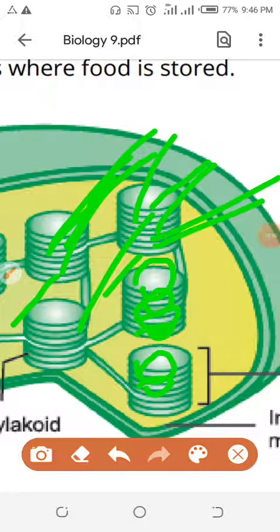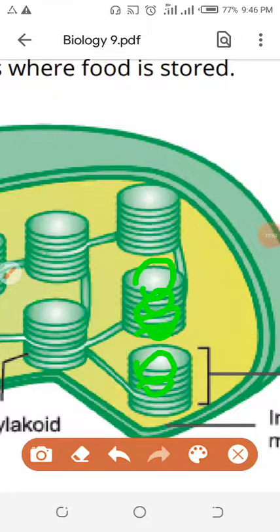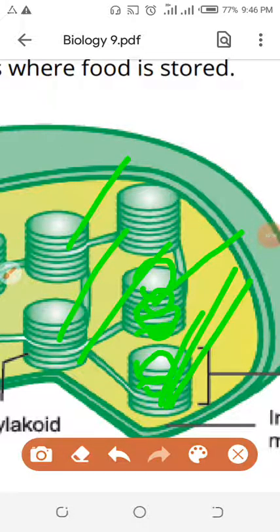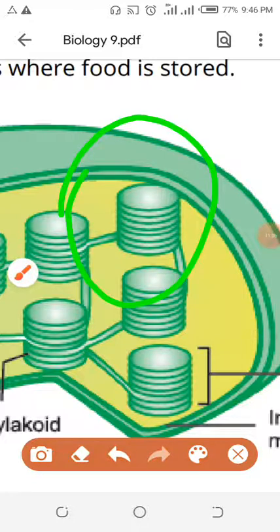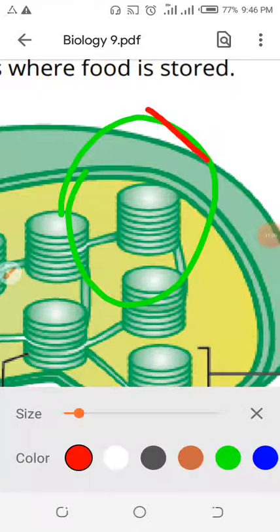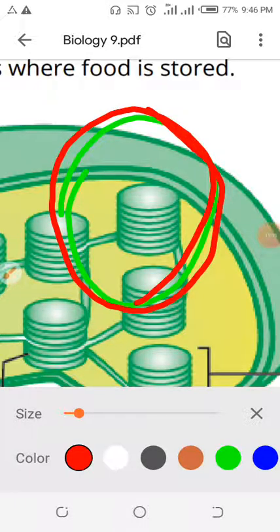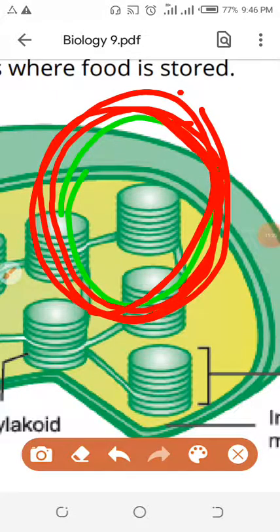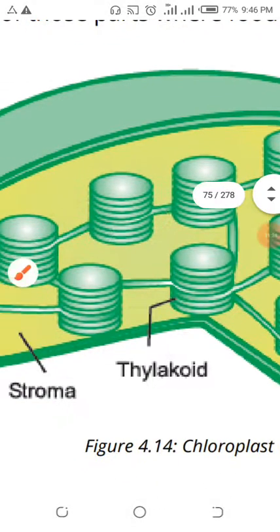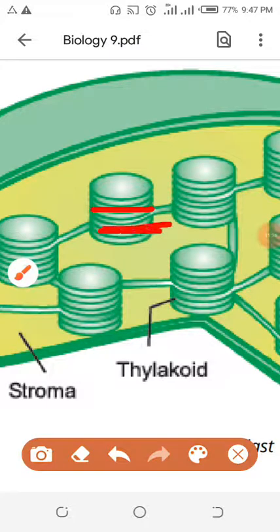You are getting me? Look here how much time I have consumed. I told you this is the membrane. I told you many membranes are present. Many plates are present, meaning many membranes. One plate means this membrane. Look here, this plate, this is basically a membrane. Plate means membrane. So this is a surface area starting from here to there. So one plate's surface area is this one. Similarly, the surface area of the second plate, third plate, fourth plate, fifth plate, all plates.